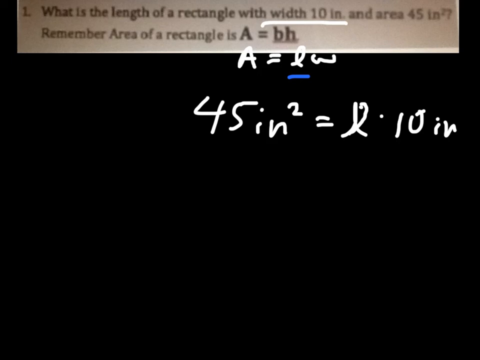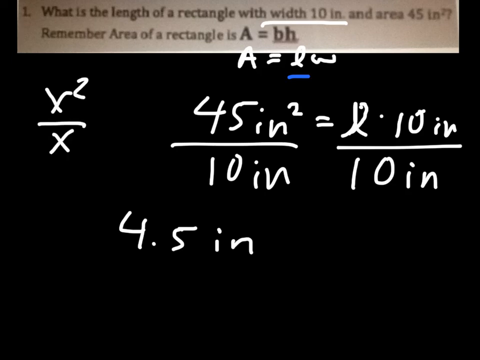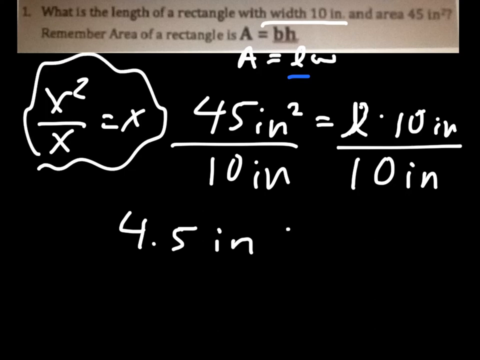Now to solve for L, I need to divide by my 10 inches, divide by 10 inches. Now a couple things to point out here. First off, 45 divided by 10 is 4.5. And then inches squared divided by inches is just inches. If you had something like x squared over x, that will just give us x. So that's a side note. You can just trust me on that one. And then on my right side of my equation, my 10 inches will cancel and I'm just left with my length. So my length here